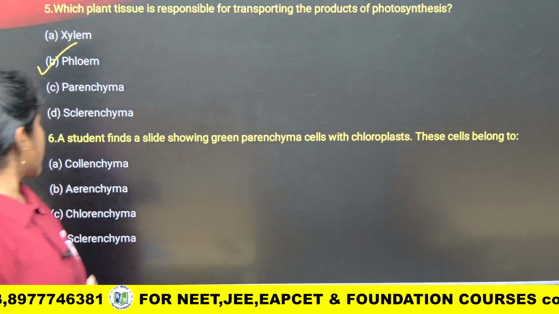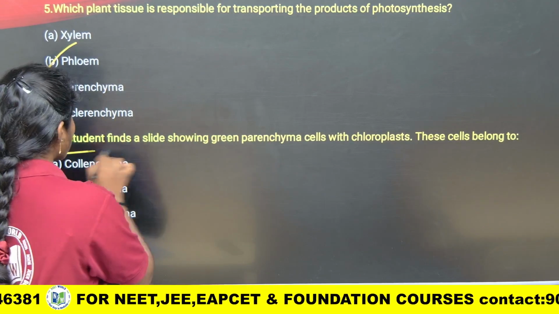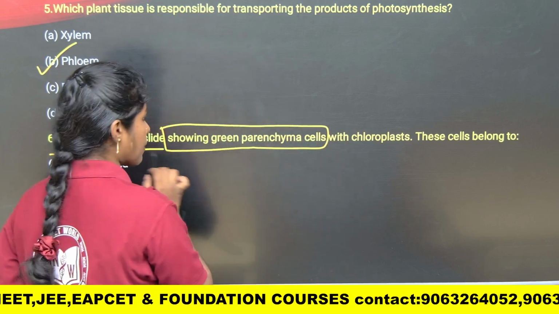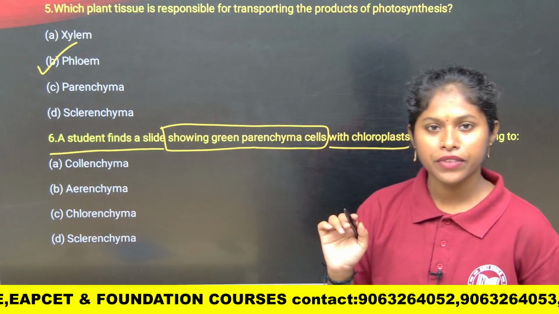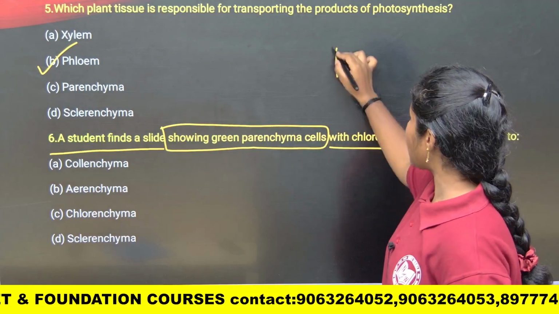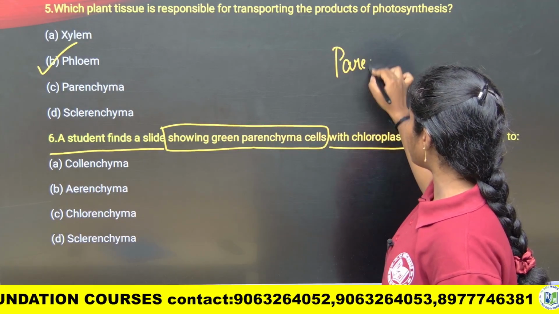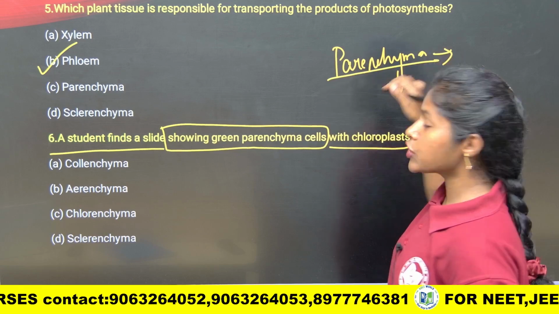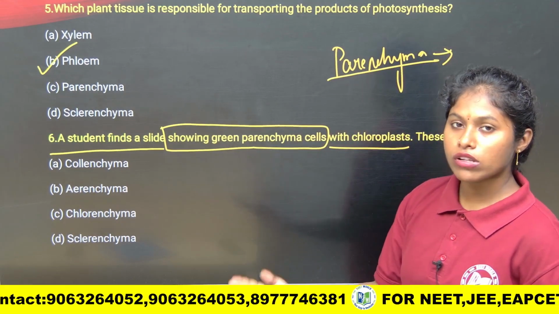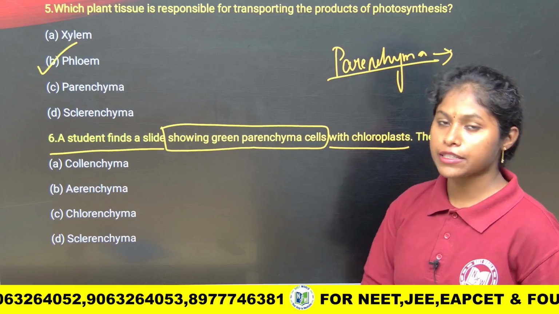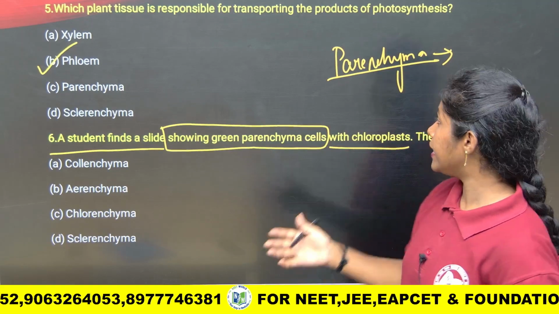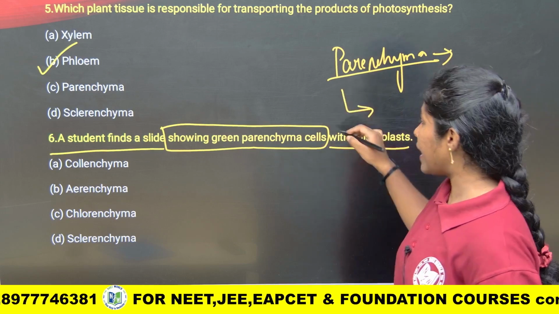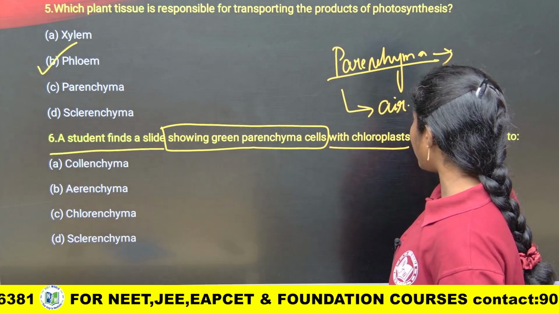Here is the 6th question. A student finds a slide showing green parenchyma cells. These are the parenchyma cells with chloroplast. When we are studying the simple permanent tissues, children, parenchyma is a living tissue, involved in storage and also helpful in regeneration, and it is present in all soft parts of the plant, and its cell wall is made up of cellulose. If this parenchyma has air spaces, we call it aerenchyma,